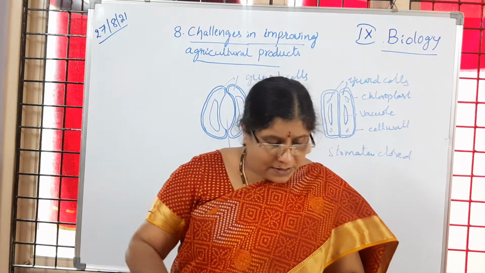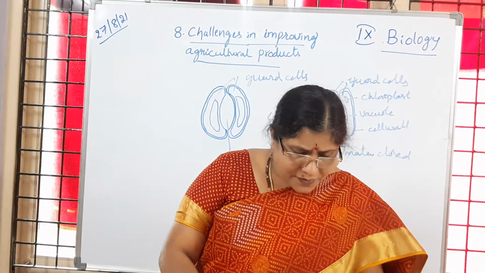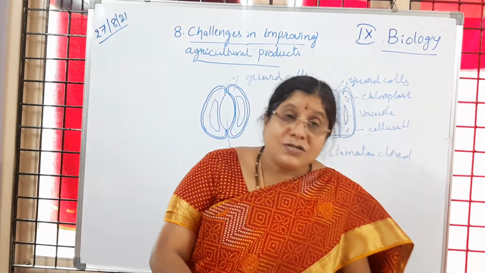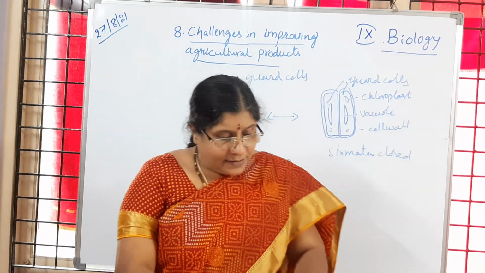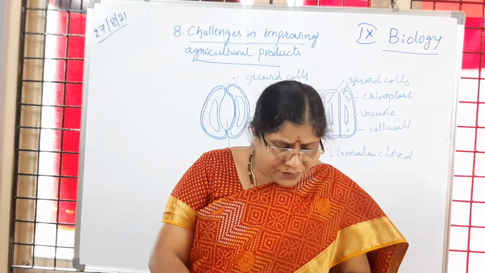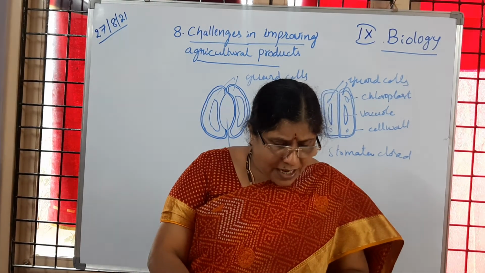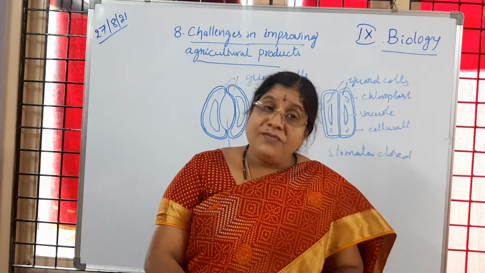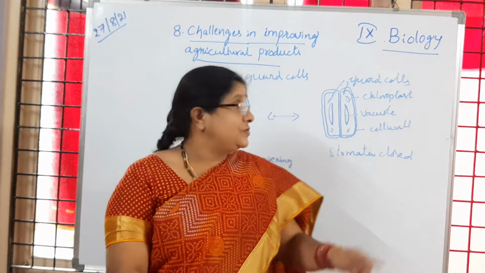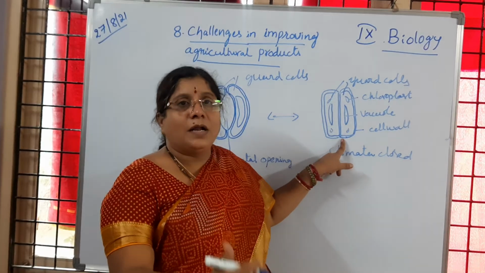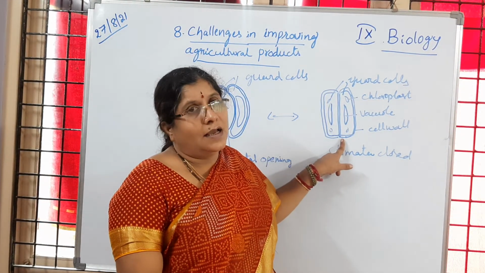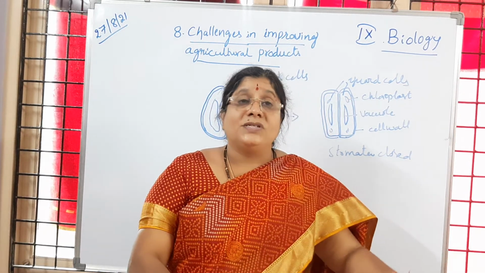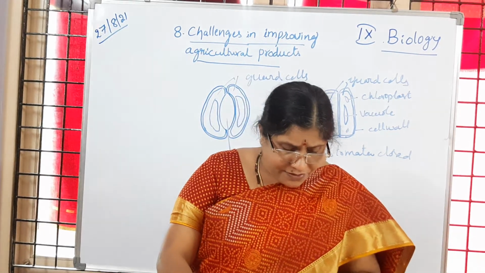Have you followed, children? So here, if stomata close, the rate of absorption of carbon dioxide also will decrease. Is it not, children? Then what effect would a change in the amount of carbon dioxide absorbed have on growth of plants? The rate of photosynthesis also will decrease. If stomata are closed, the entry of carbon dioxide cannot take place, so the photosynthesis activity also will decrease, which in turn shows a decrease in the yield of the crop. Is it clear to children?